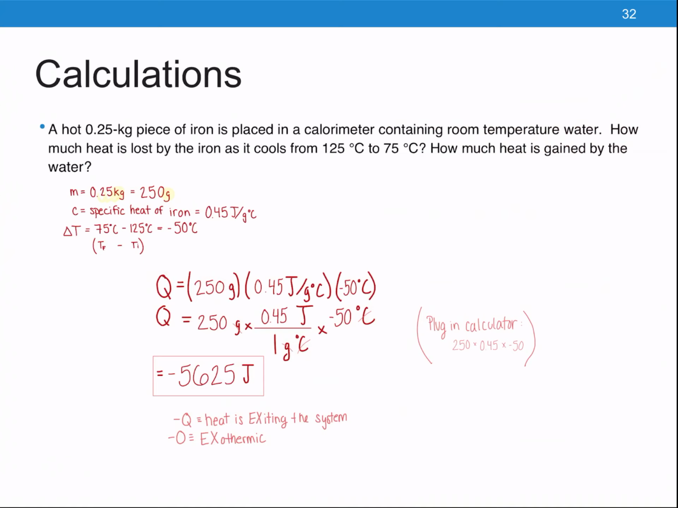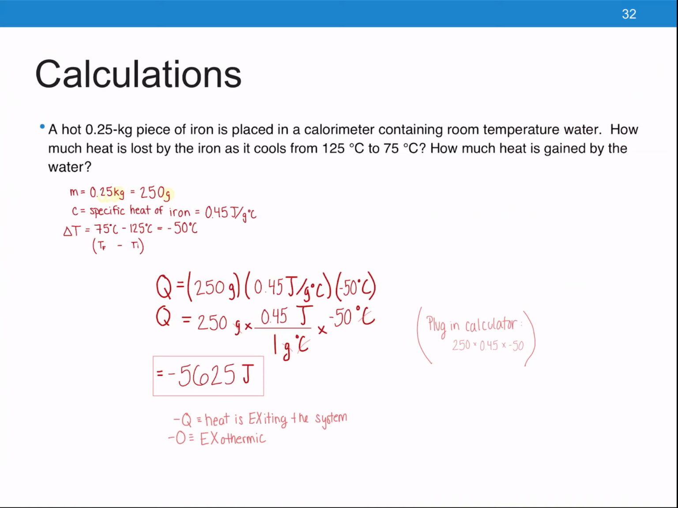Okay, so this one, you first needed to perform a mass conversion. So kilograms into grams, really simple. All you do is move the decimal place over 3 spots to the right. So 0.25 kilograms is 250 grams. And you would not be able to plug in the 0.25 kilograms into the equation, only if you wanted to end in kilojoules. Okay. All right, so after we determine the amount of energy, which is negative 5,625 joules,